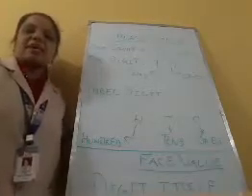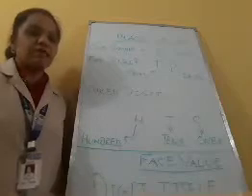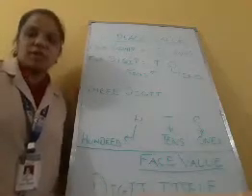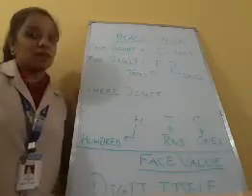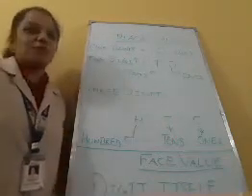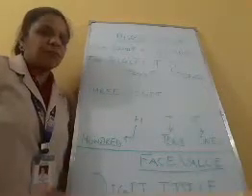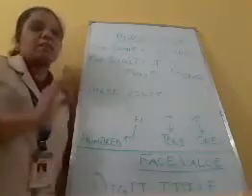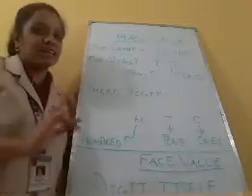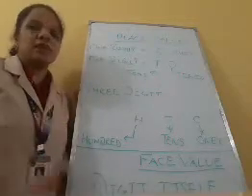Okay class, in the number names, I told you the 100 is not a number name of 0, it is a place value. So you are thinking, what is the meaning of place value? So let us learn. P-L-A-C-E, place, V-A-L-U-E, value, place value. Place value means the position of digits in a number.